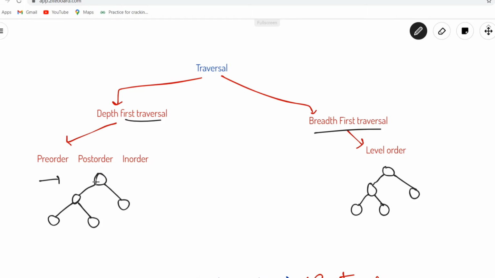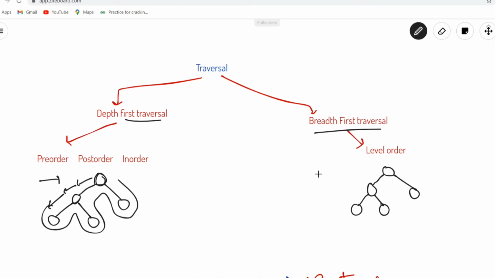From the root node, it will start and move in depth-wise manner like this. It will move over here, then return to the caller, then move in the right part, then to the root, then like this. So this is depth first traversal flow.